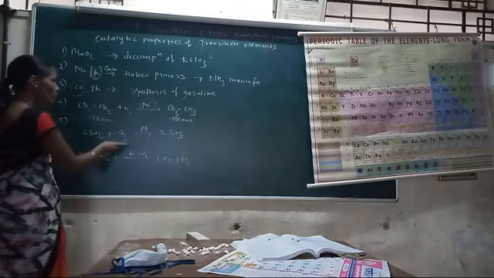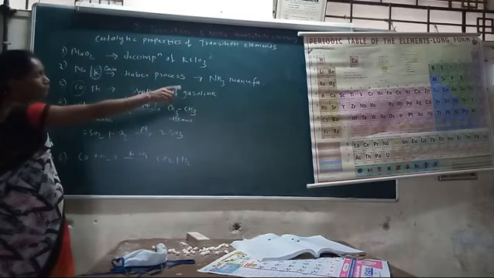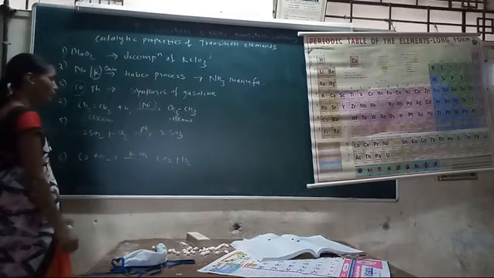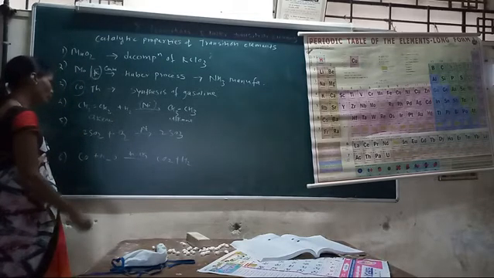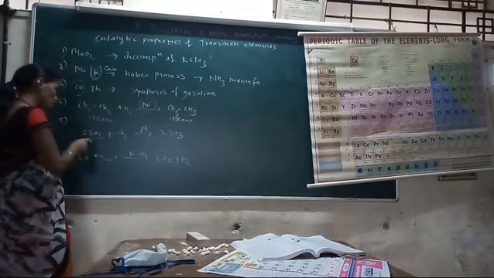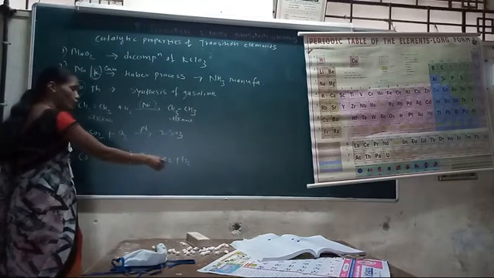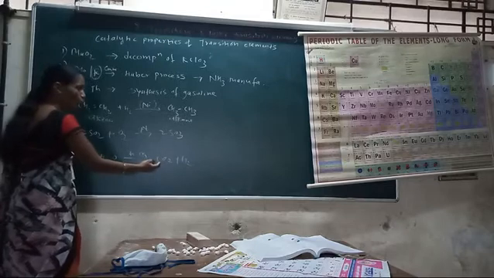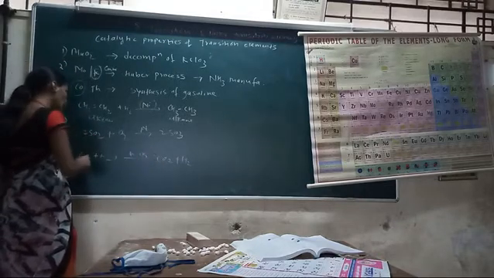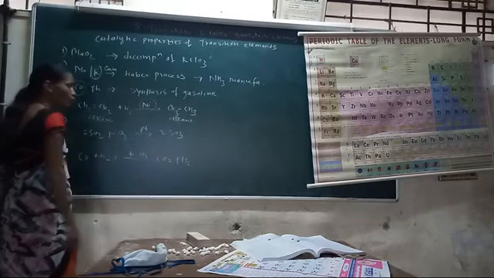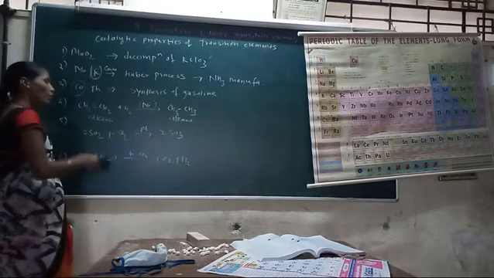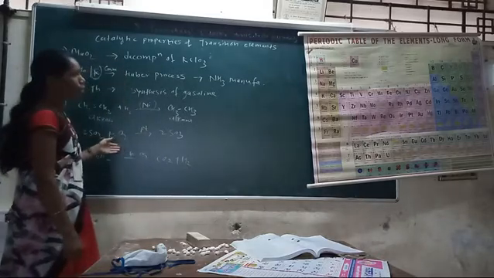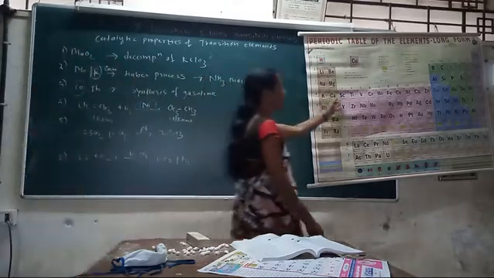And the last use of d-block elements, first transition elements: Fe in the presence of chromium alloy is used for oxidation of carbon monoxide. Carbon monoxide gets converted into carbon dioxide. Carbon monoxide is a toxic pollutant, so oxidation of carbon monoxide into CO2 minimizes air pollution. These are the uses of d-block elements as catalysts.